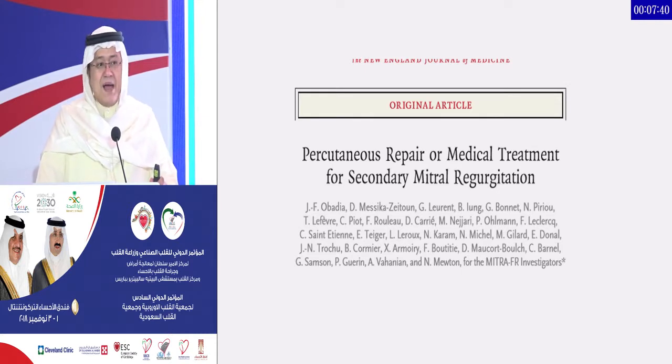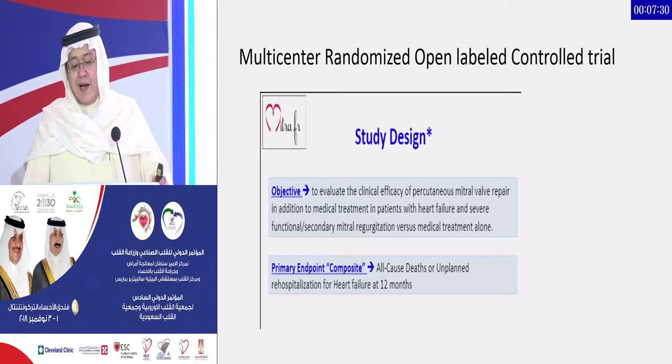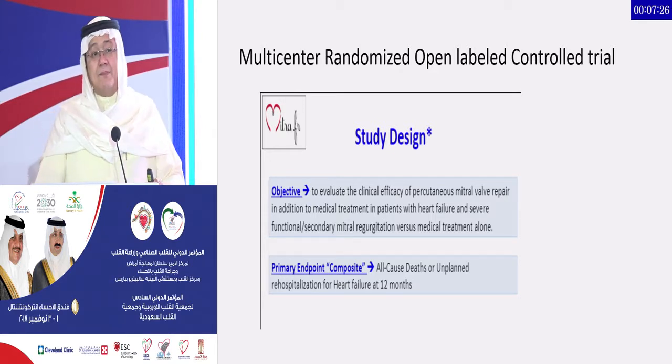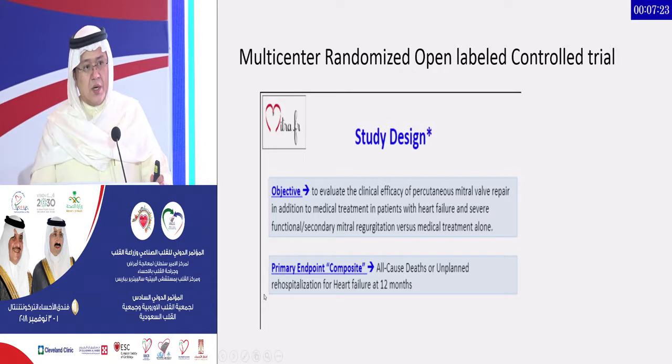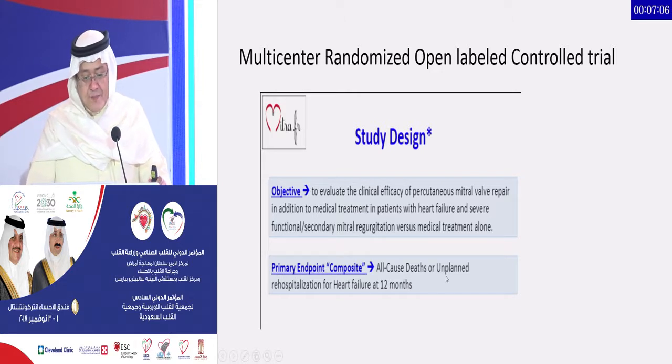The first one is the MITRA-FR trial, which is percutaneous repair or medical treatment for secondary mitral regurgitation. I want you to bear your attention here for these coming few slides, because we're going to compare the MITRA with the COAPT trials. I'm sure most of you heard about it. The study design included secondary mitral regurgitation patients, whether ischemic or non-ischemic dilated cardiomyopathy, and the primary endpoint is all-cause death or unplanned